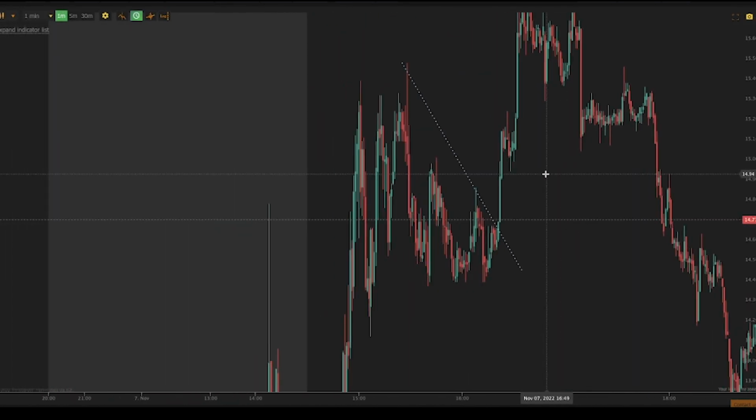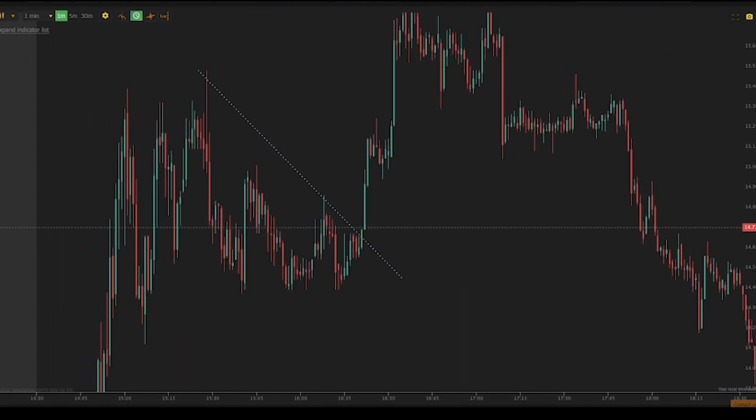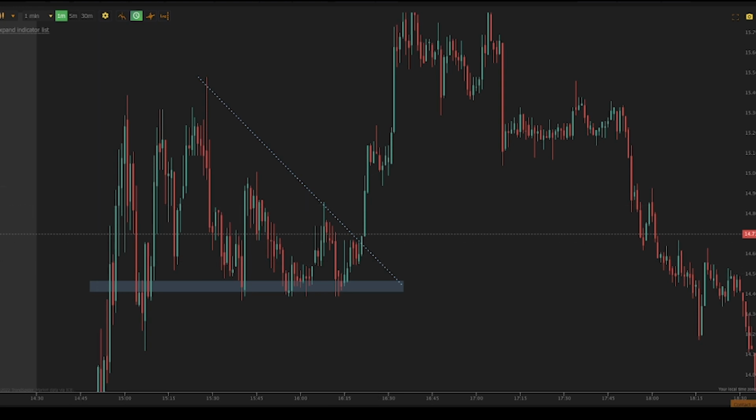Just here. That is our 1-minute chart. Again, what a beautiful reflection from the 5-minute, bouncing off this area like I mentioned. We broke this downtrend. I took my entry around 14.6. Once we took our entry, I took it just before the break. I anticipated the break. It's quite a hard skill to learn, to be honest with you. But anticipating the break, and then bang, we went for another amazing move on this,